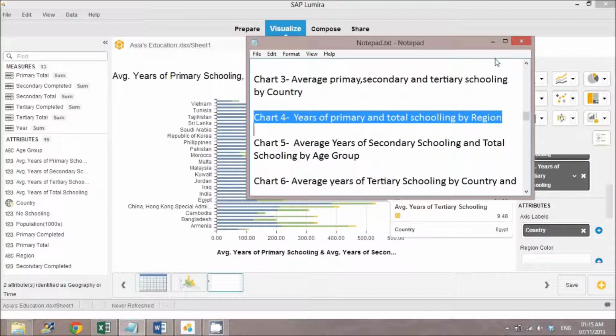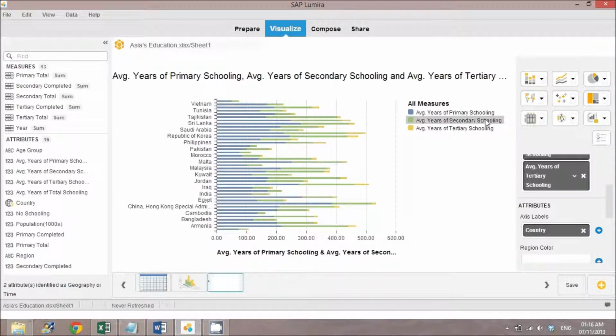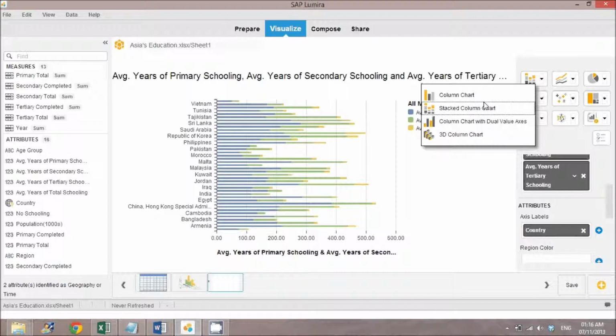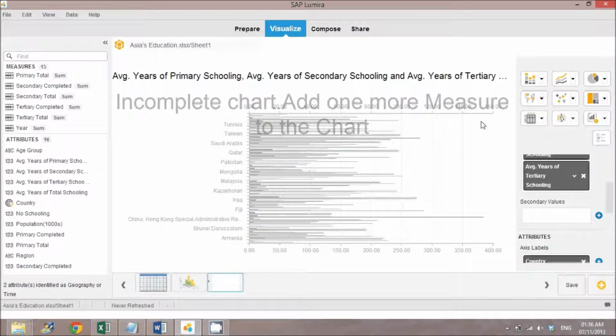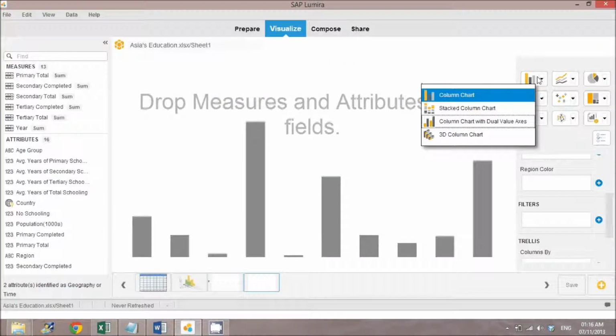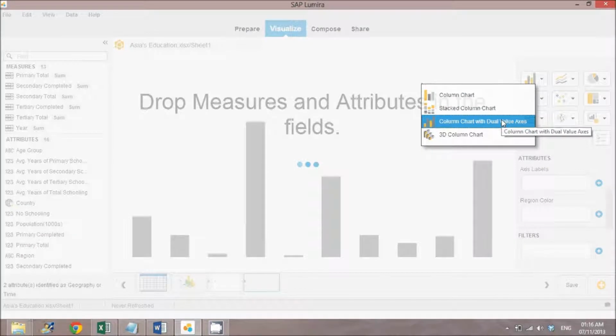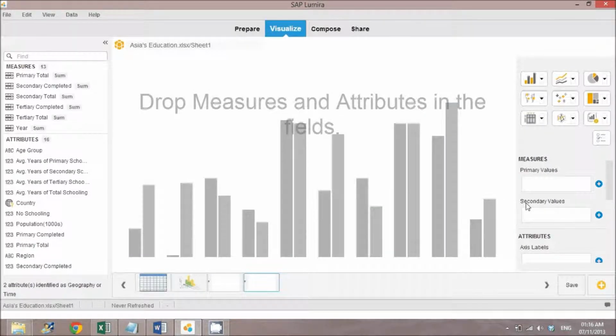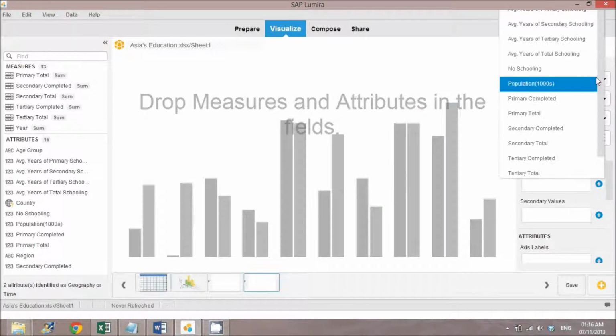Years of primary and total schooling by region. Now we would like to analyze the primary schooling average years and the total schooling with respect to region. Since there are two values compared with a single value, we will use column chart with dual axis. There will be two values, primary values and secondary values.